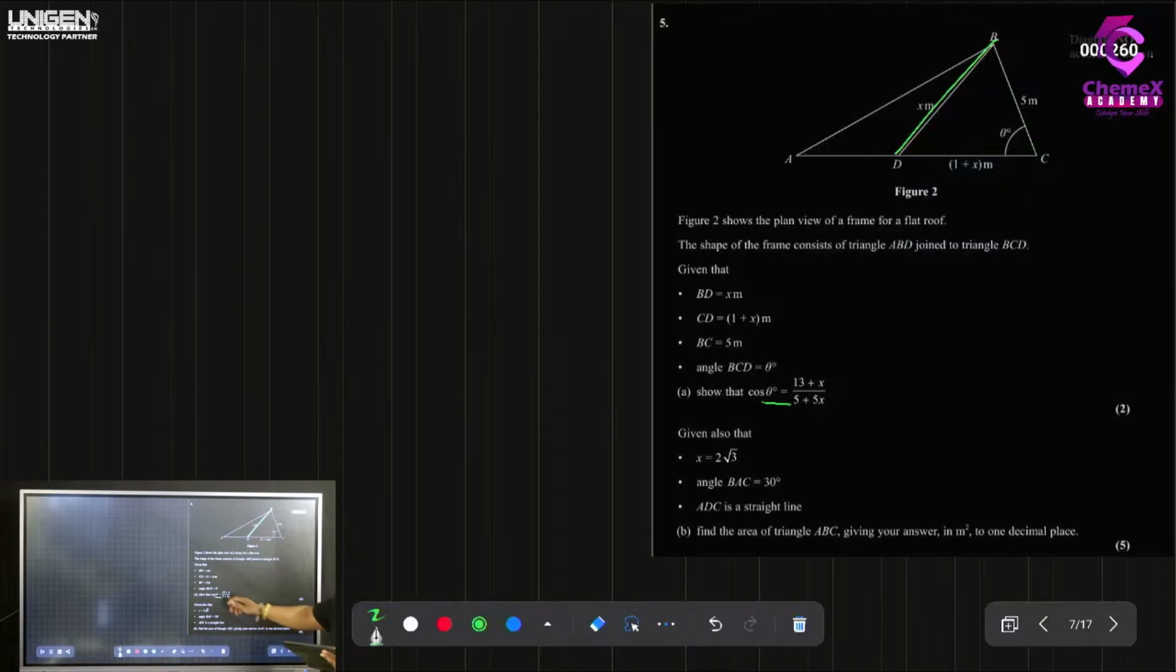Theta is measured in degrees also. So what rule can you use here? What rule can you use? What is the rule? To show something like this, cos theta equals